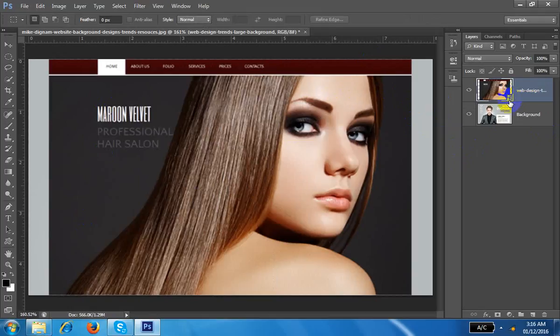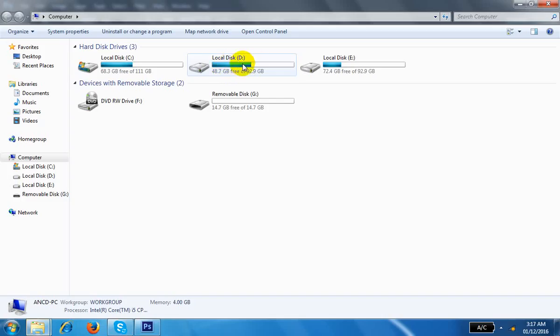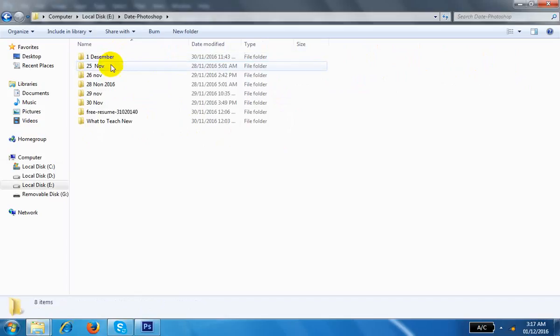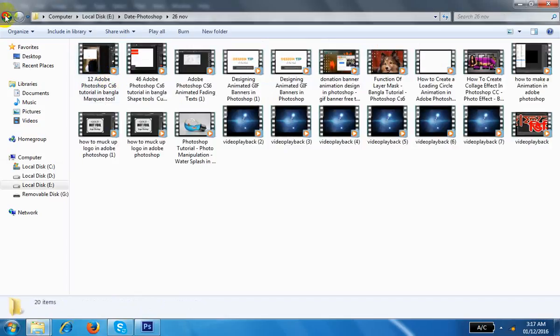Whenever you place anything, you can find this. This is a smart object thumbnail. First of all, write smart object. This is the spelling. Smart object. What is a smart object? First of all, I want to tell you, I am going to give you some videos also, but even then you can search for that. Photoshop. Maybe December.